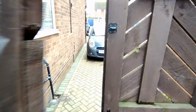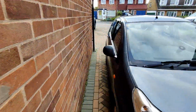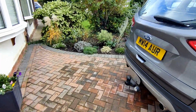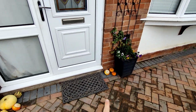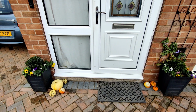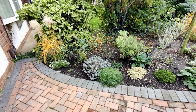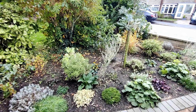if there is any more room in the front garden, because the front garden does get a lot more sun actually. Let's come around here. There's little remnants of our Halloween. We've actually chucked the proper main carved pumpkins out and we had a big Halloween scarecrow there and other bits as well, the decorations, but that's just left over. But yeah, so this is the front garden, and I'm just trying to think, maybe